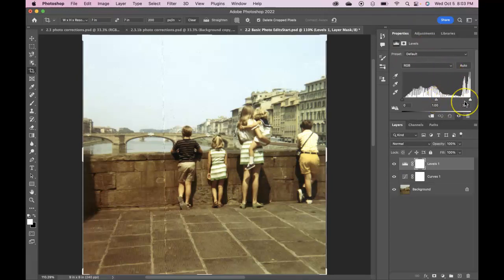And here we have these little adjustment arrows that allow us to move around the black area of the image. That allows us to work with the midtones or the grays of the image. And then also allows us to play with the brights if we want to. It's just a different way of working with brightness and contrast, but a little more precise, I think, in some ways. So I'm going to move this little black